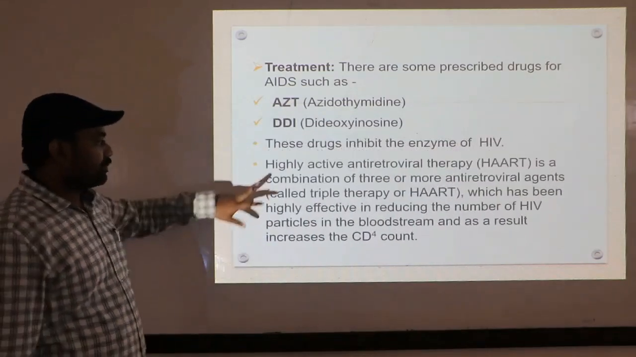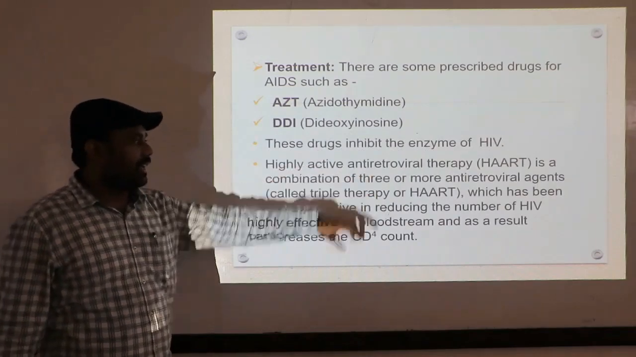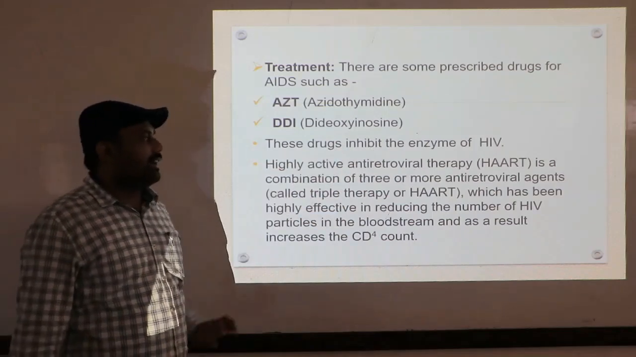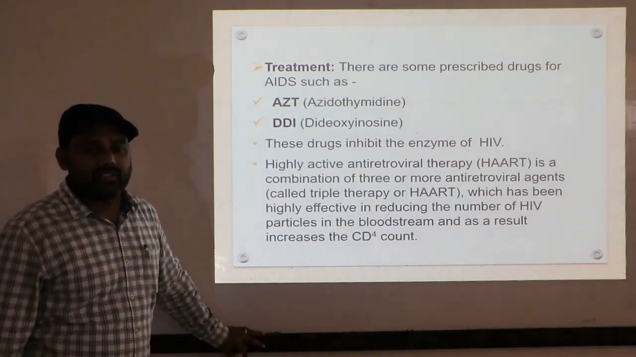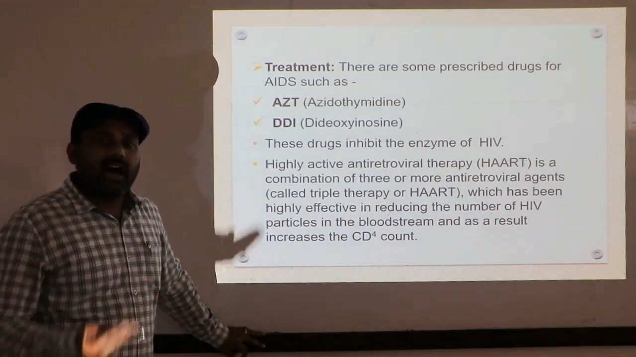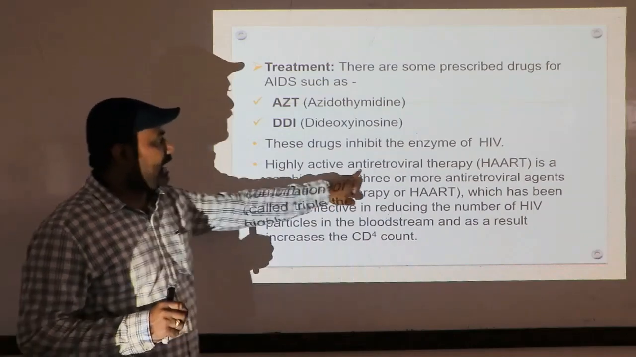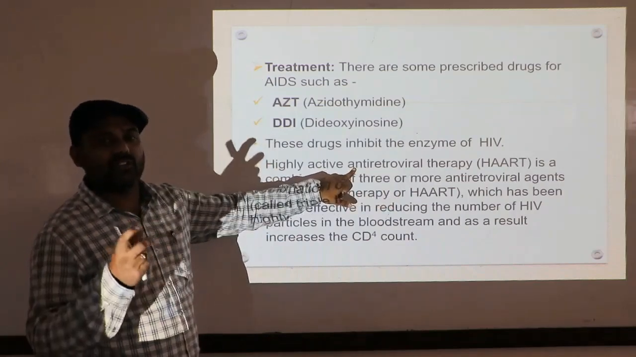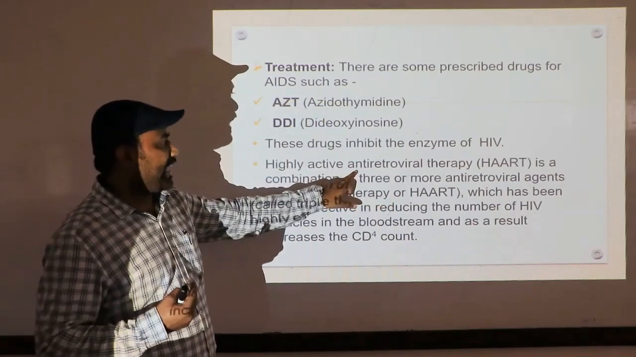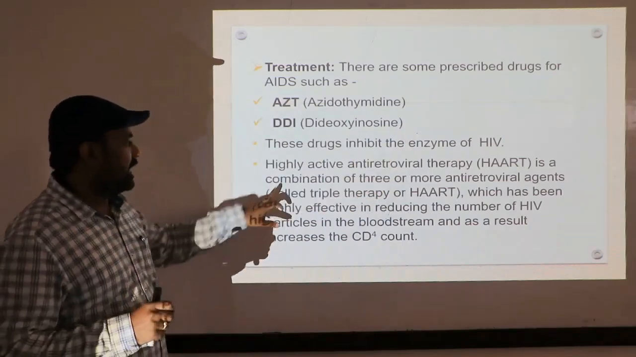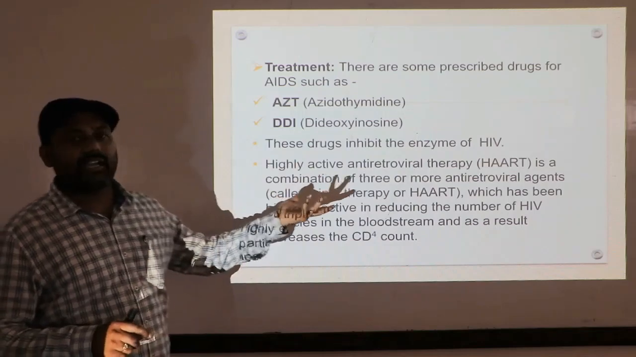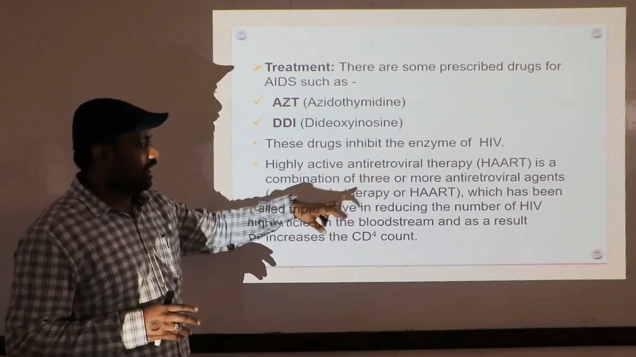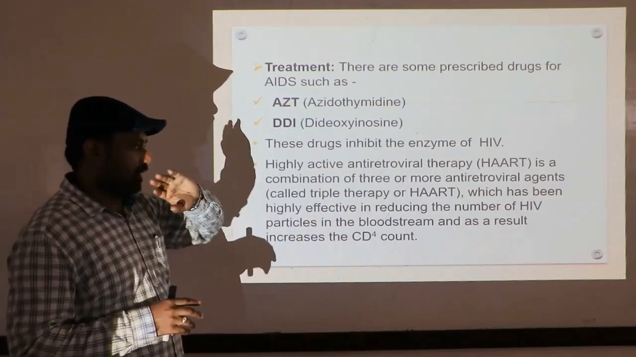Next, most important, highly active antiretroviral therapy, called HAART. HAART means highly active antiretroviral therapy, meaning medications given to a person or patient against that virus, called antiretroviral. Retro refers to HIV, anti means against. The medication given against the virus, called antiretroviral therapy, simply called HAART, is a combination of 3 or more antiviral agents. Clear? More than 2 medications are given at a time, so it is a combination of 3 or more antiviral agents,